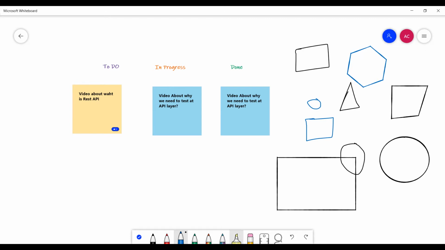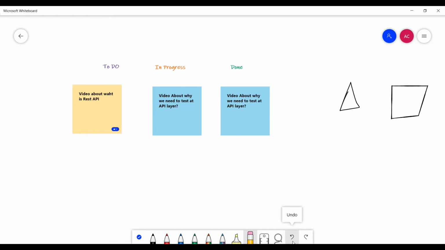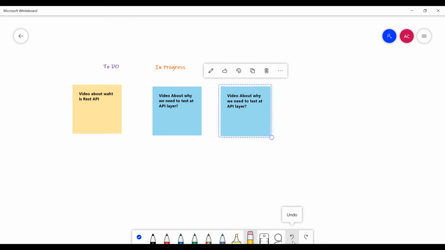I can use a particular highlighter if I want, just like I would use in my notebooks. There is an option even for erasing things, just like your notebook. But just like the digital aspects give you an easier way to undo or redo something using this button. So this is what the inking option looks like.